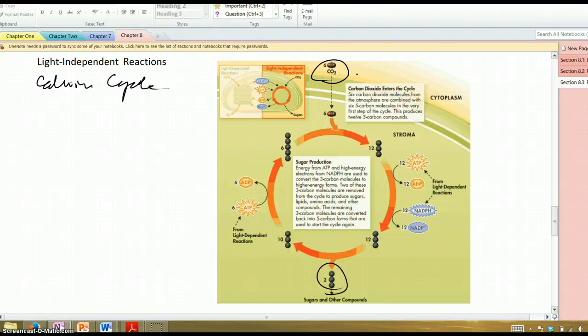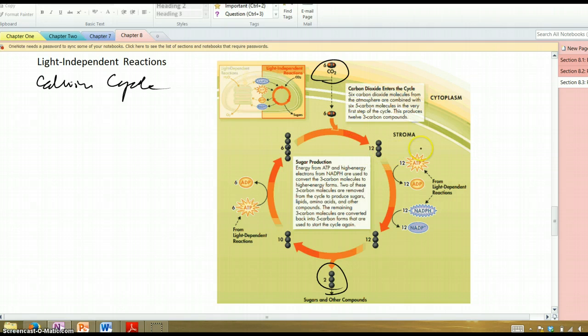All right. Now, in this diagram, the little dots represent carbon molecules. Okay, and so it is a cycle. Unlike the light reactions, which are a sort of linear process, the Calvin cycle is indeed a cycle. And so it starts where we have a 5 carbon molecule that incorporates a carbon dioxide to become a 6 carbon molecule, but it quickly breaks into